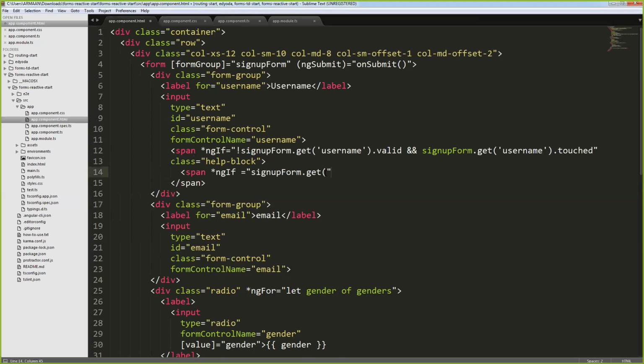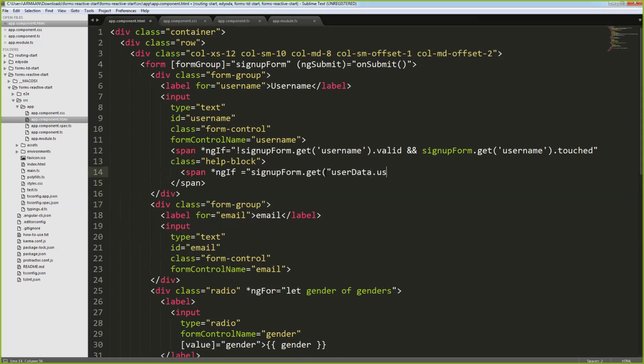Okay. When you run the server, before writing this, if there's an error and you go to your form group, your controls, you'll find a property called errors. The value of that error property will be different for both. When you are using this, name is forbidden, it would be